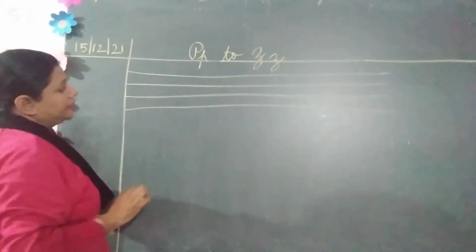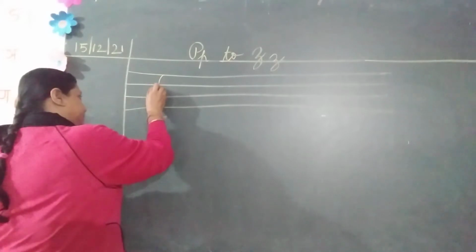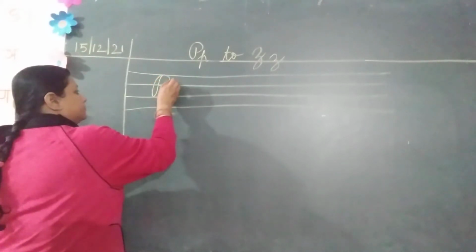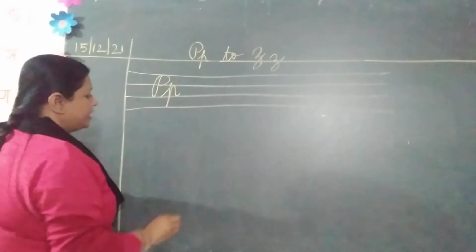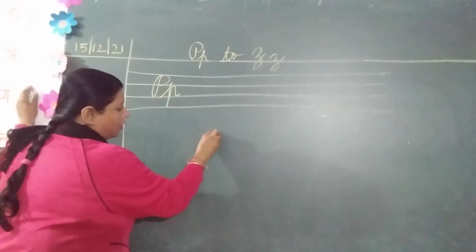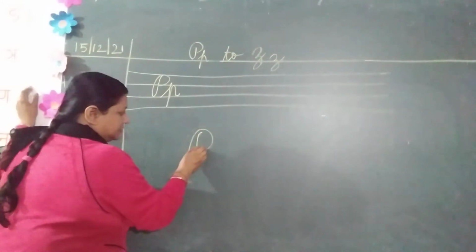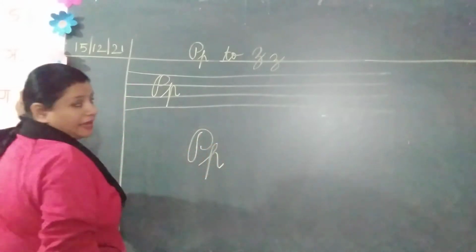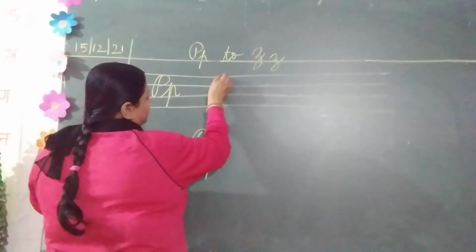Yes, let us start with the letter P. So yes, how you have to do the P? You have to take a slant line, go up and it will curve from inside. So yes, you can do like this and then baby P, you can carry on like this. Okay. After P, the next term is the Q.